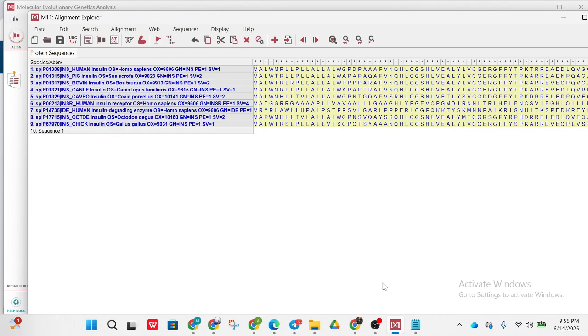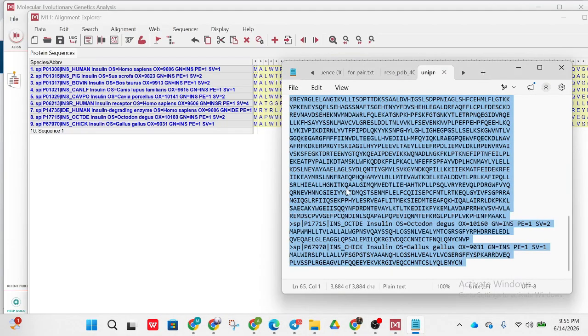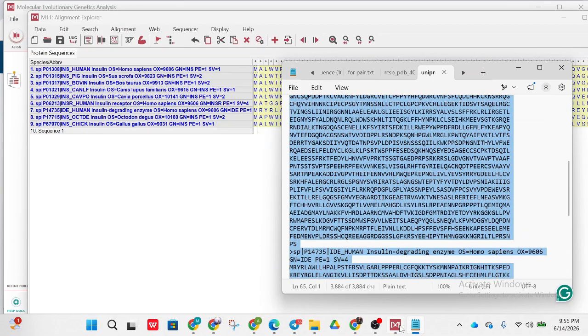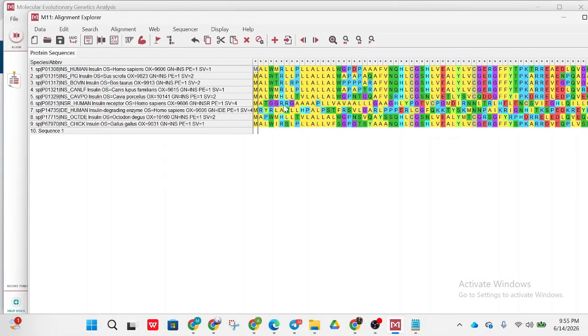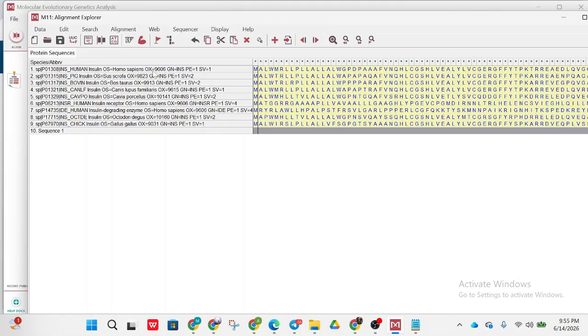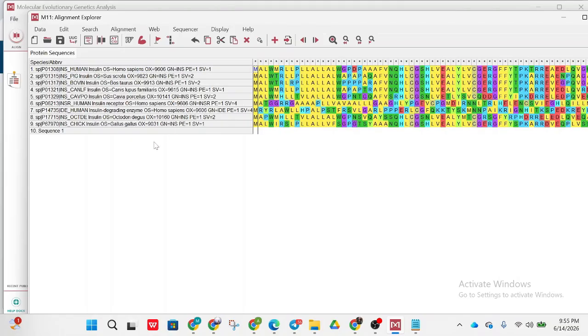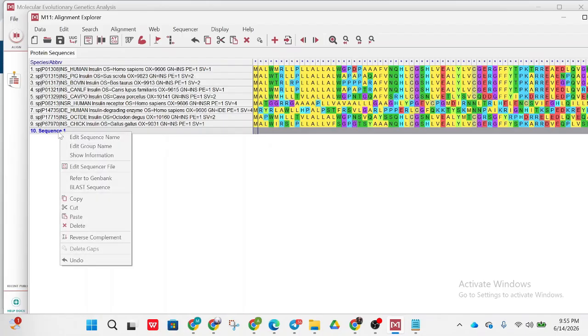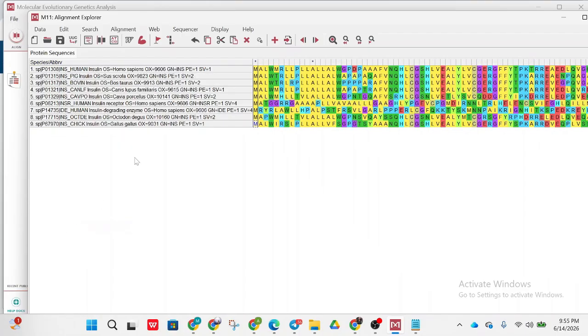So for this you can just copy all of the FASTA sequence and then just paste it. Okay, then by selecting one, then select Control A. So all of the sequence is basically selected, or we can delete this sequence. Just delete